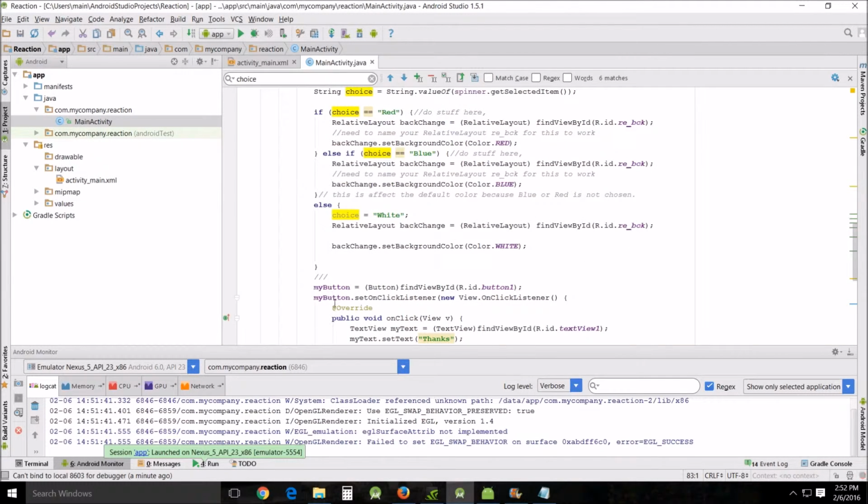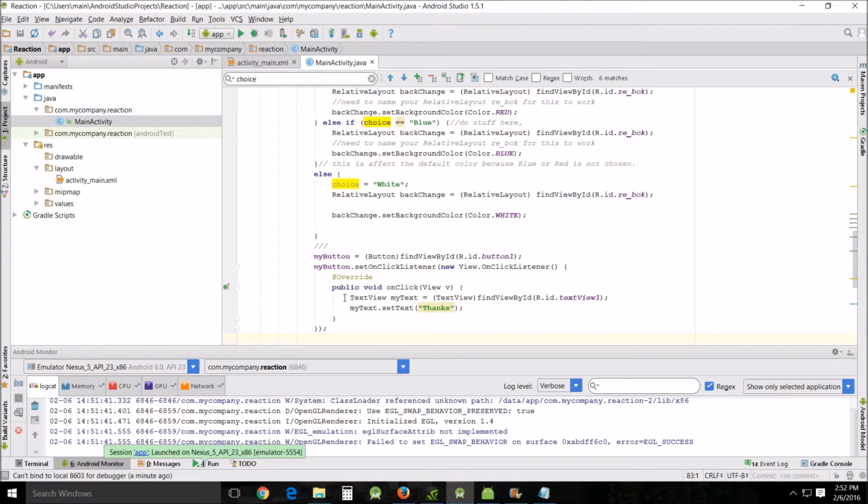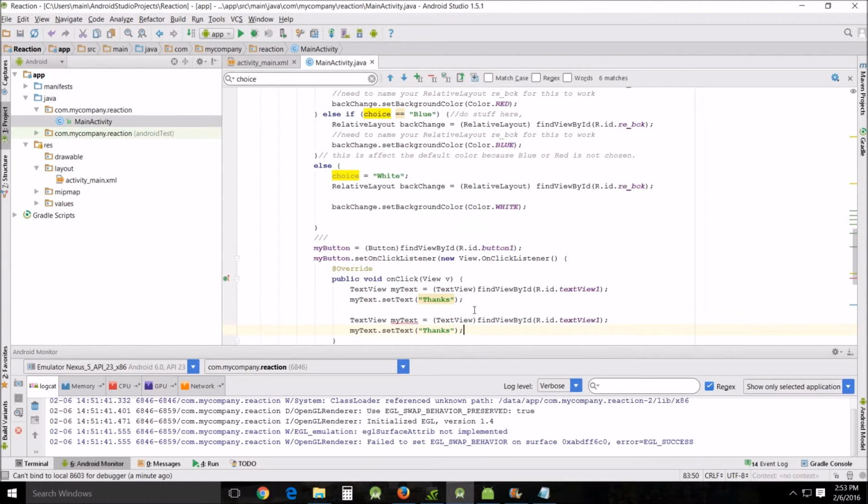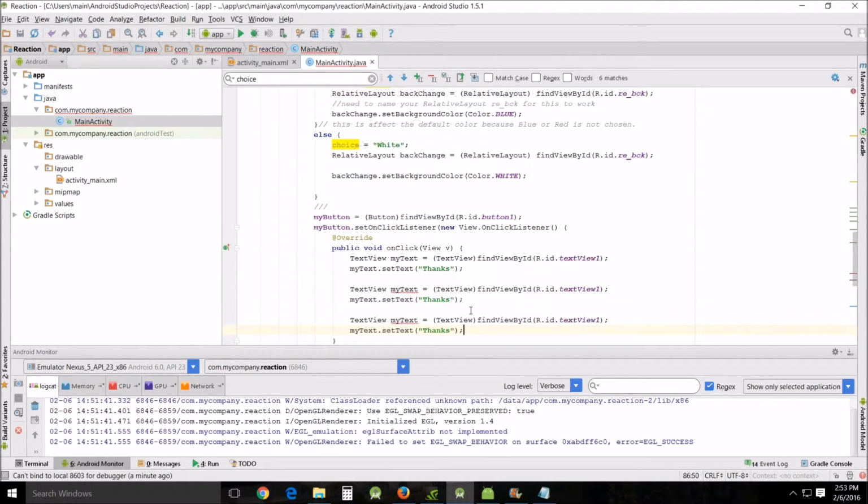I'm just going to copy and get rid of this, because right in here is where you want your things to go. So setText, copy this, and we're going to do this three times,